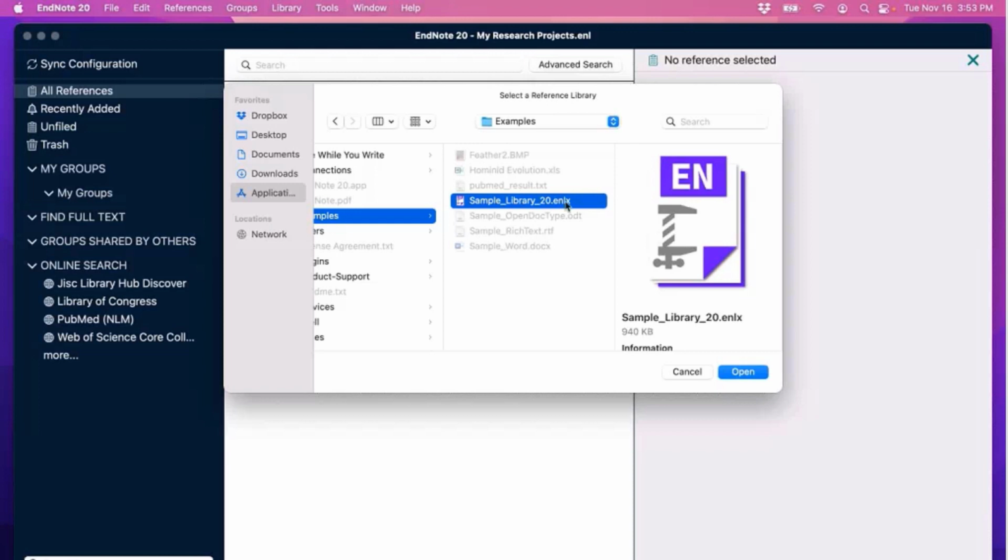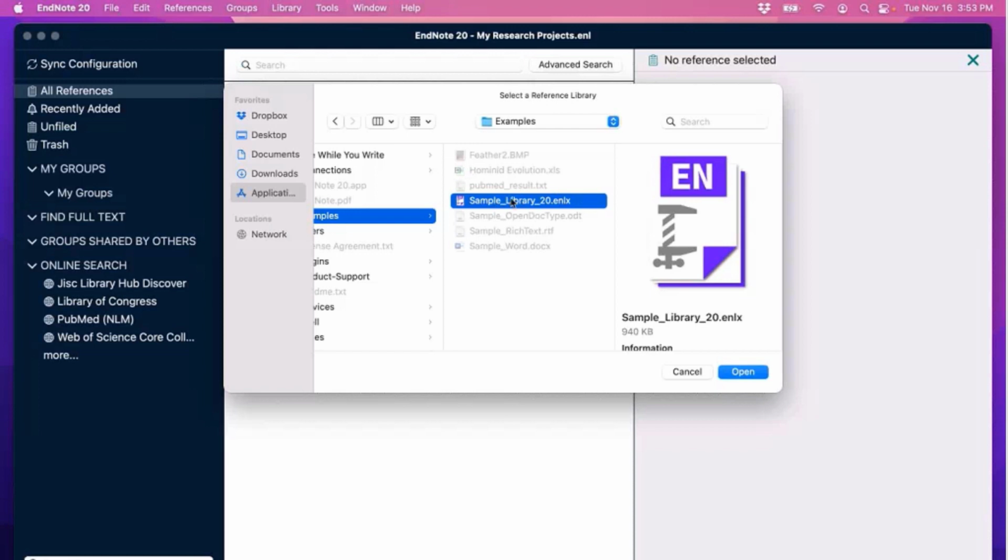This compressed library format is something you can create in EndNote on the File drop-down menu, and that's, again, something I would recommend performing periodically for backup purposes, just in case. That way you have a snapshot of your library to restore from if something were to go awry with your EndNote usage or your hard drive crashes or something like that.